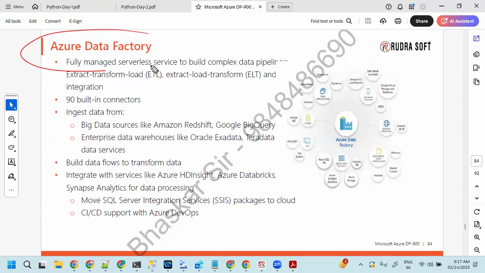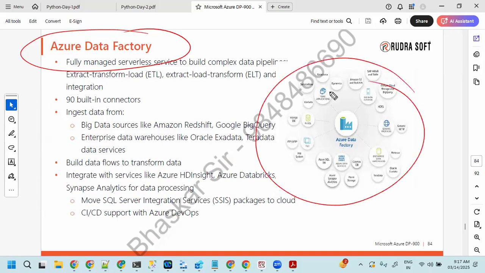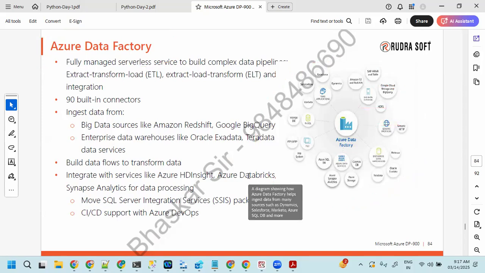Data Factory provides a solution for your big data. We can integrate other services too. There are different services we can integrate with Data Factory, and we can pull data from a variety of data sources. We'll see more and more of that from Monday. We are going to spend almost one month with Azure Data Factory only.